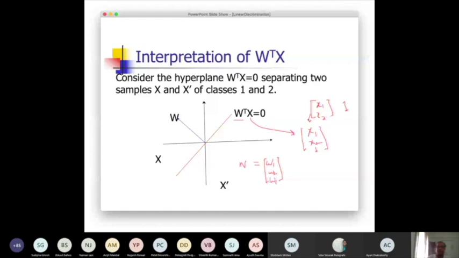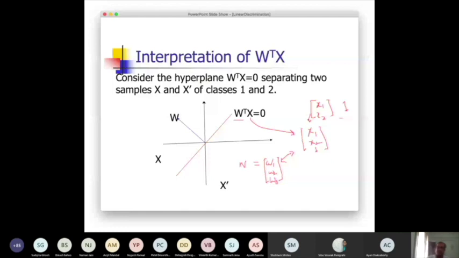So you take the dot product of these two, or you can consider the matrix multiplication of W transpose and X, and the value you get should be greater than 0. That value should not be equal to 1, right? We are not going to make a function approximation here, but we would like to get W such that that value is greater than 0, because the level is 1.